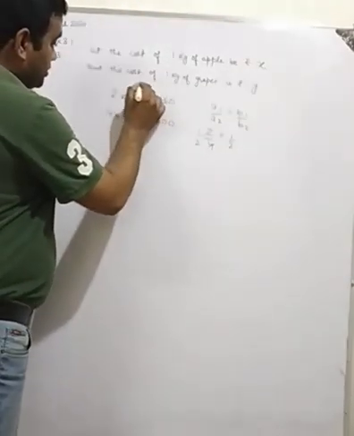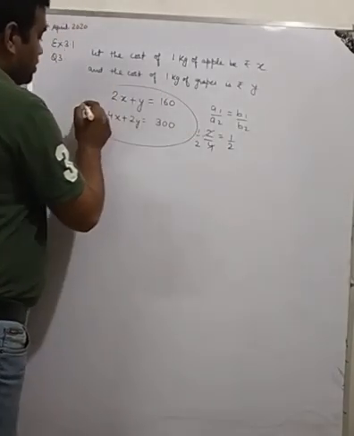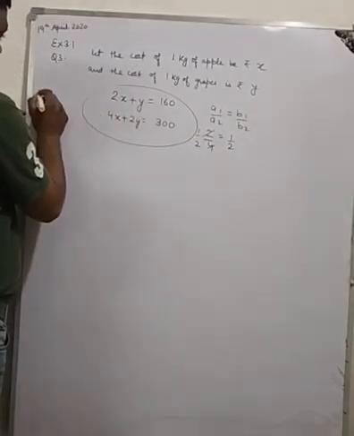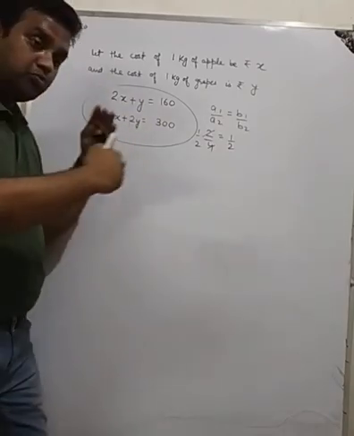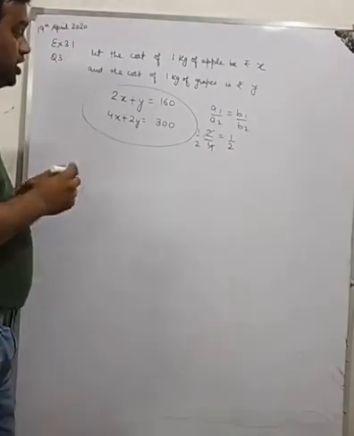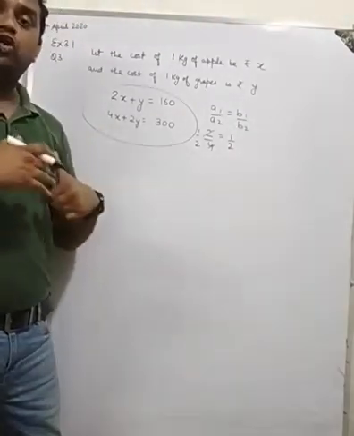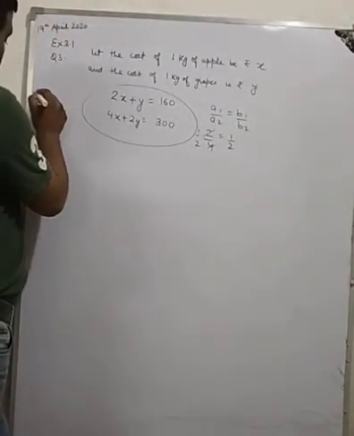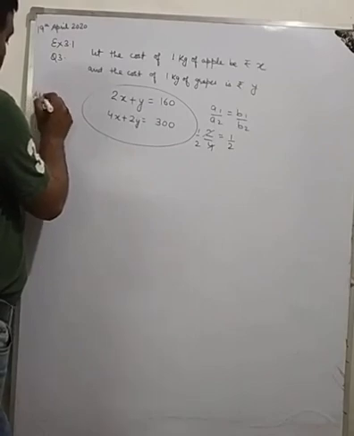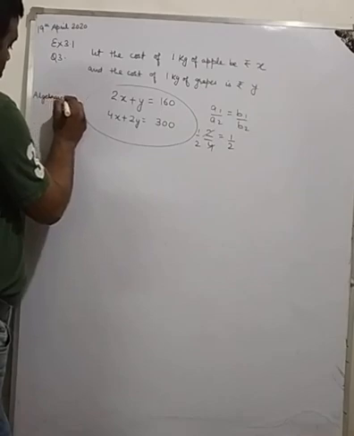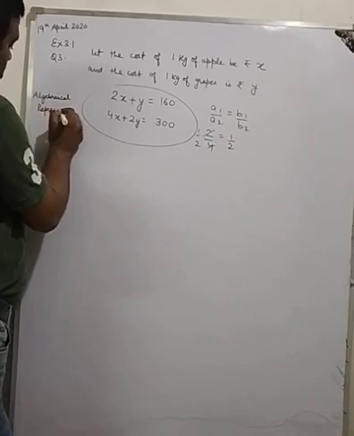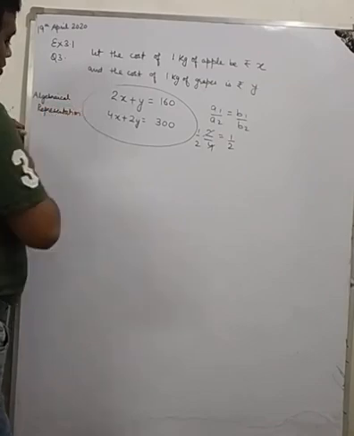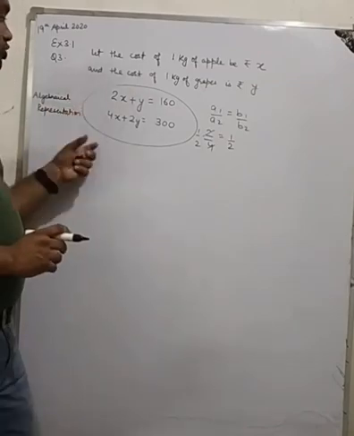So this representation is called algebraic representation, and when we plot on graph paper, it is called graphical or geometrical representation. So this is the algebraic representation. And after this we are going to draw the